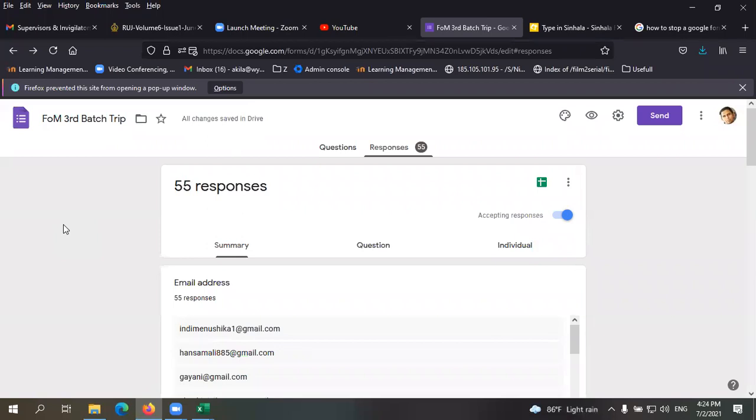Excuse me, sir. Yes. After we receive responses, if we put the Google form into the trash or delete it, will the Excel spreadsheet linked to it also get deleted? No, when you just delete the form, the Excel sheet will remain, because you have actually saved it into Google Drive. But it will be linked to your Google form, and if any update is there in the Google form, that will be reflected in the Excel sheet. Okay, sir.